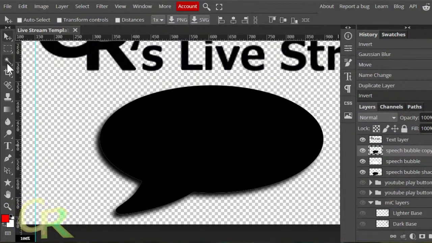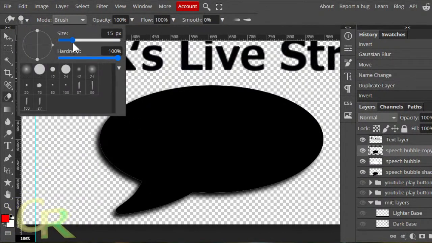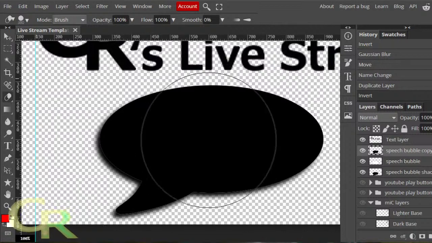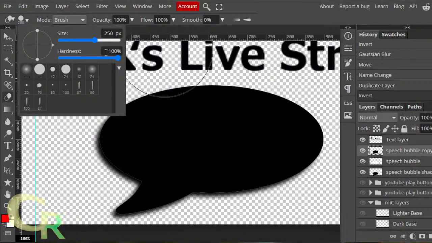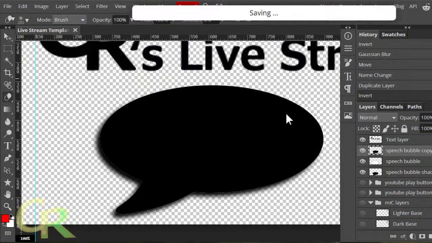So what I'm gonna do here is press E for eraser. Right bracket on the keyboard, or you can go up to here, increase the size of the brush. So you can tell, the keyboard shortcut is the left or right bracket, depending which way you want to go. And I'll decrease the hardness all the way, so I want to kind of feather it a little bit more. Save it right there.